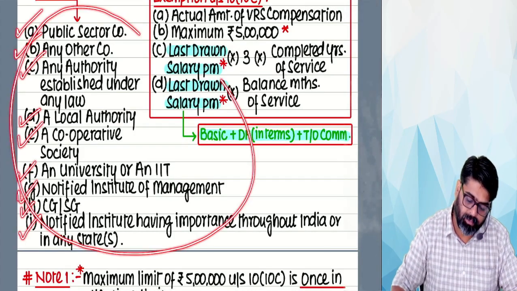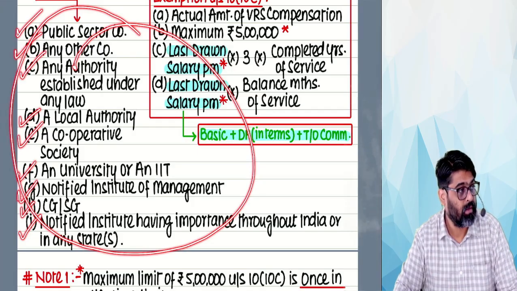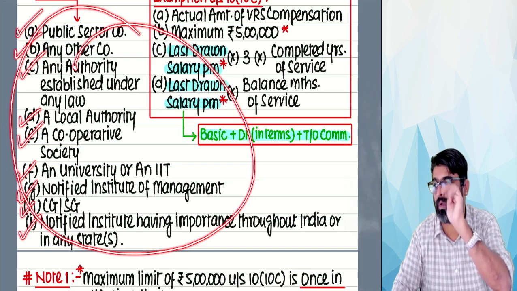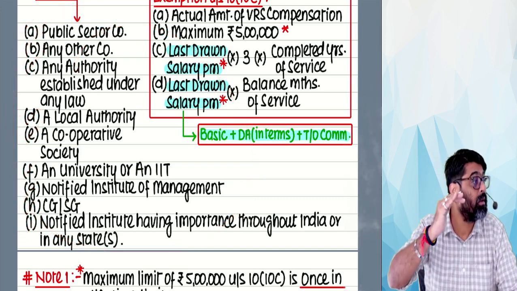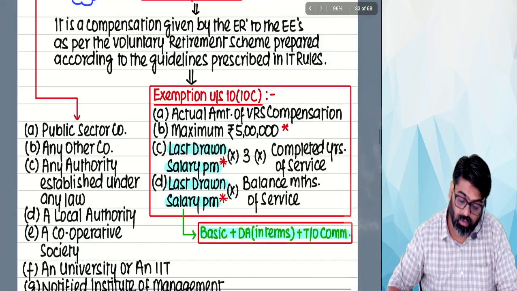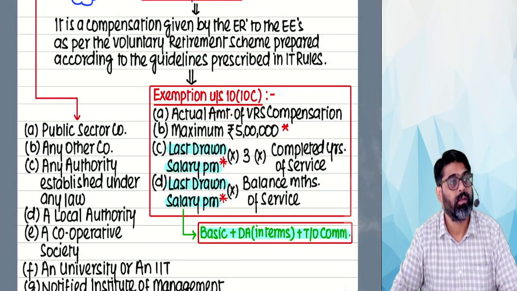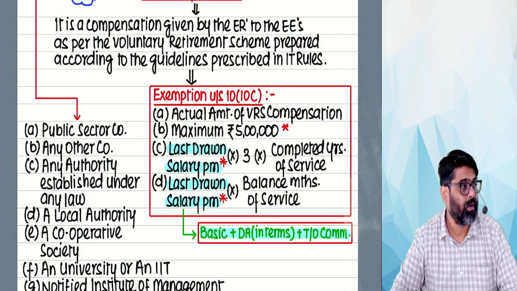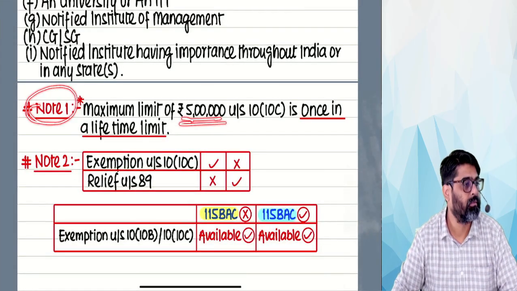and they have prepared a scheme of voluntary retirement by following the prescribed guidelines, and as per the scheme of voluntary retirement of these employers, you are taking voluntary retirement and receiving VRS compensation, only then this compensation will be exempt, A, B, C, D, whichever is lower. Understanding? So now, the maximum limit of 5 lakh is